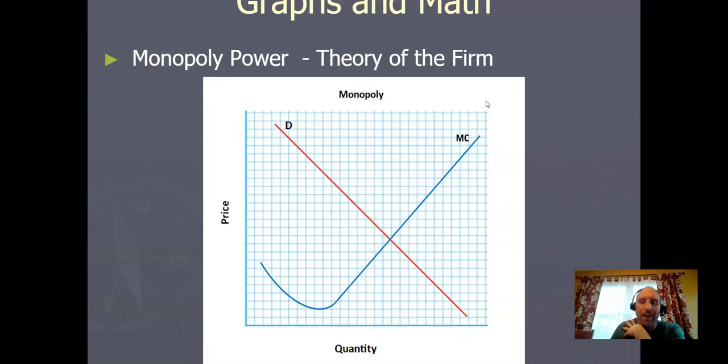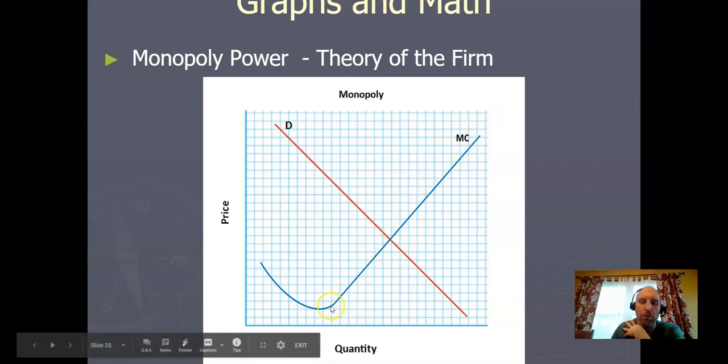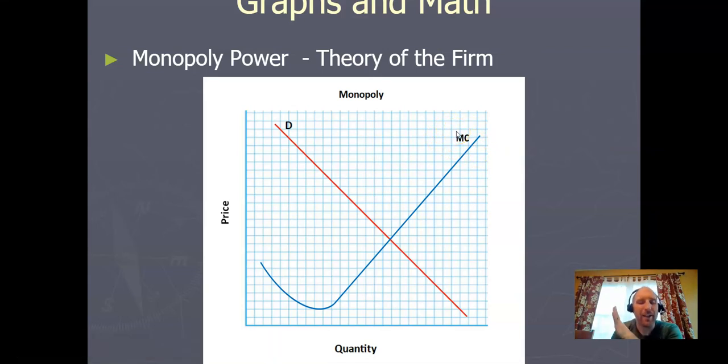Now, if this were a perfectly competitive market and we had thousands of producers and thousands of consumers, this blue line would represent supply. Now, in a monopoly, we call this marginal cost. They're not technically the same thing, but for the sake of argument, we're going to say marginal cost and supply are very similar, similar enough that we can call them the same thing. In a perfectly competitive market, a firm would produce where supply equals demand. This would be equilibrium. So if a monopoly wanted to produce what we call the socially optimal point, where the supply of society equals the demand of society, they would produce right here